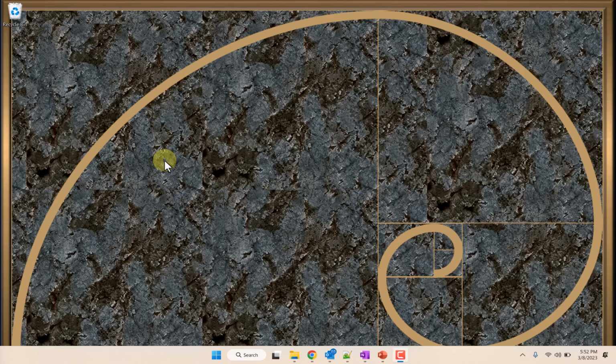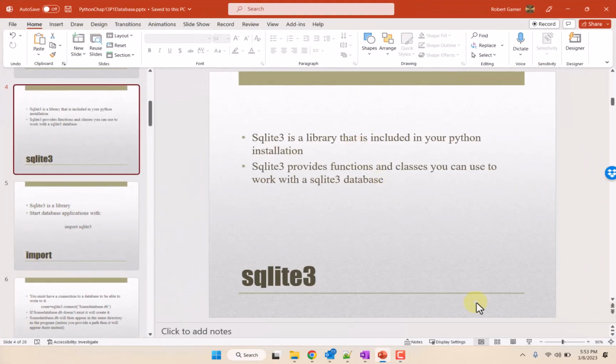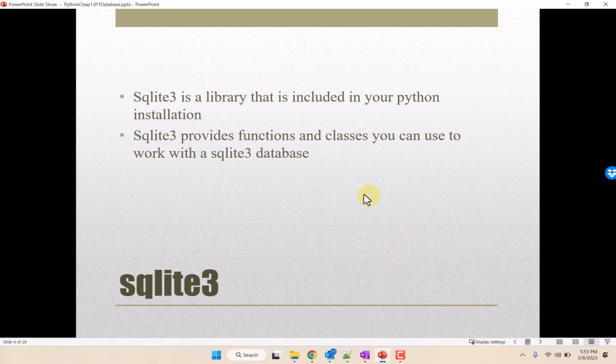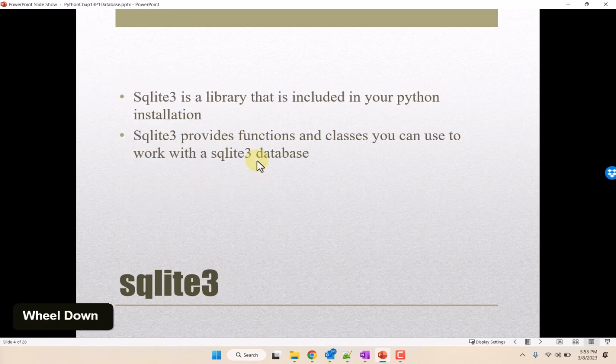I'm a computer programming instructor, and today I'm going to demonstrate how to work with database applications in Python. These are the things that we need to go over. We're going to be using a library called SQLite3, and SQLite3 is a library that's included in your Python installation,